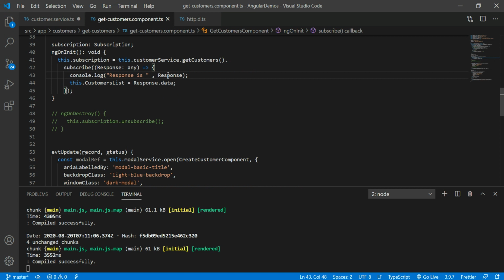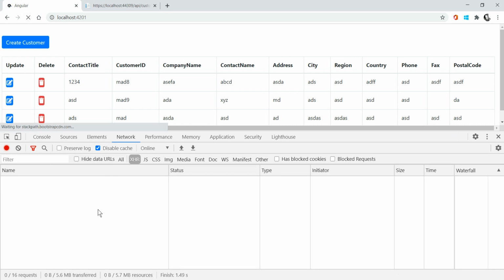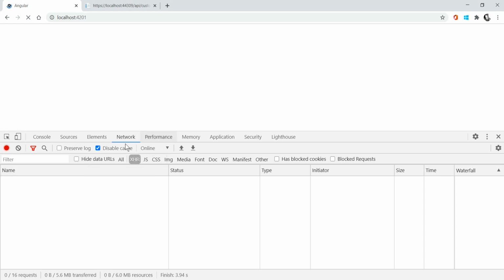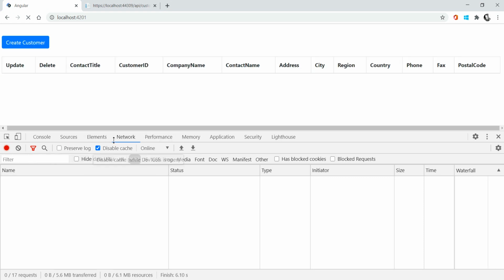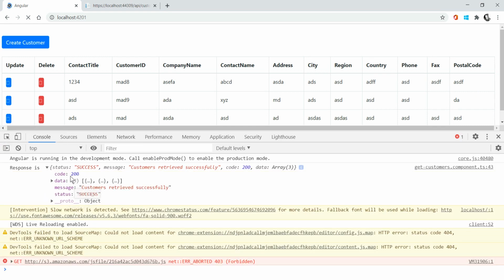Let me show you that. Refresh. Whenever we get the response from the API, right now it is in JSON format.